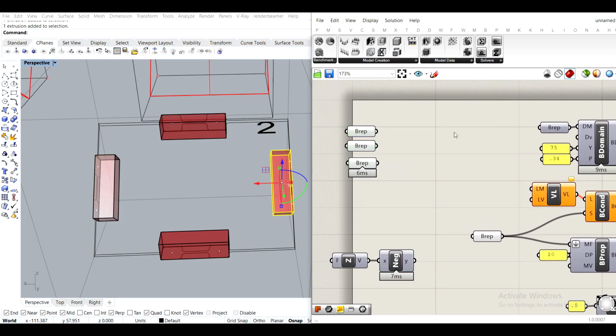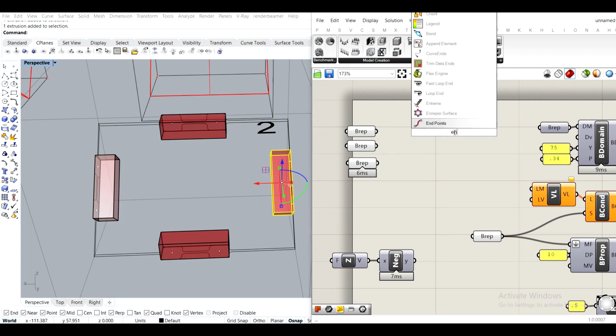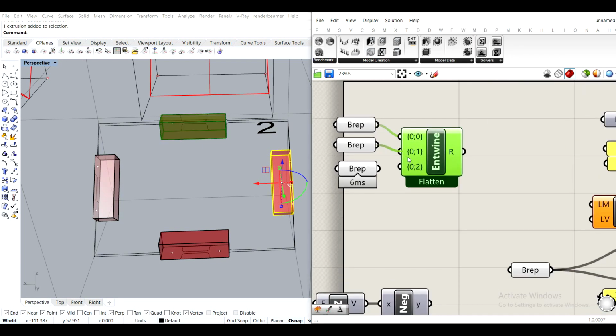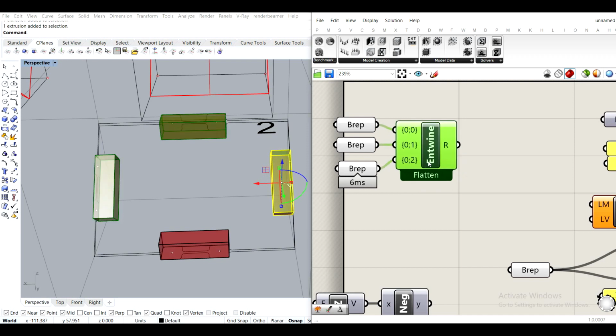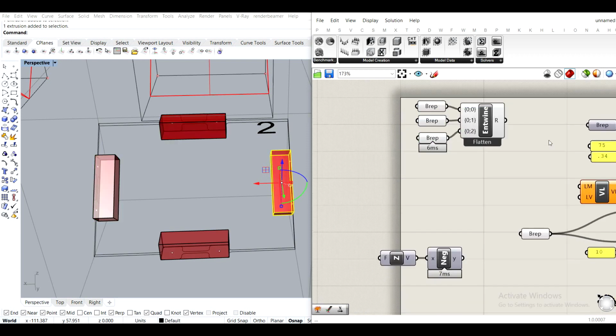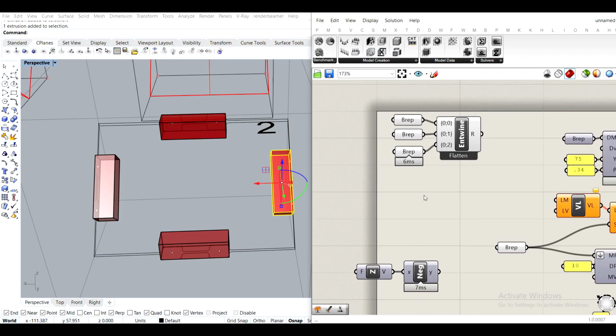And I will entwine them into a data tree. Entwine. Like that. Okay, so now we have 3 data branches with 1 B rep in each branch, and I'll create